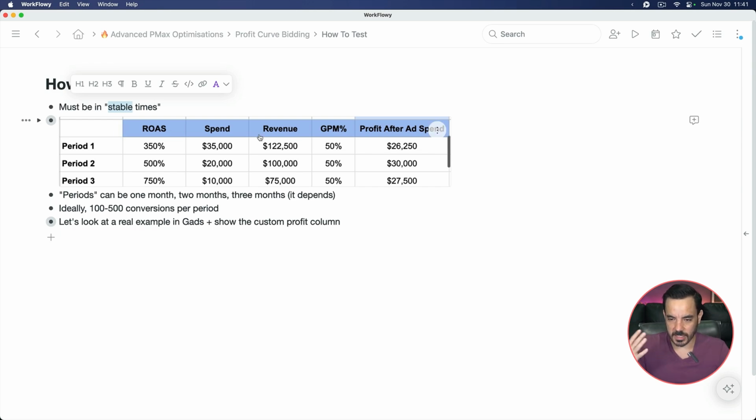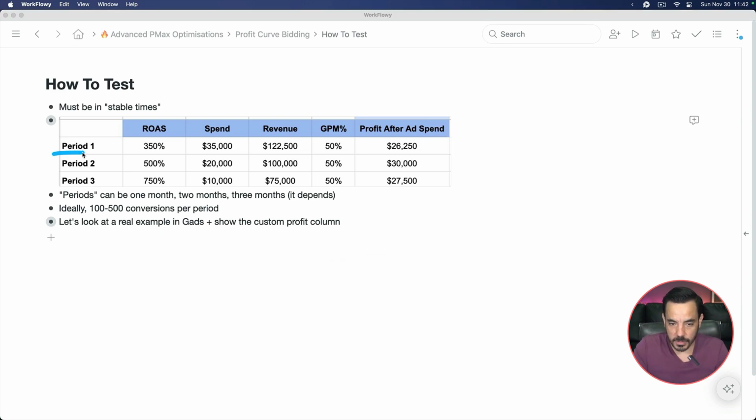I mean, this testing has to be done in months or a quarter where your results are going to be fairly consistent. Like, you wouldn't want to do this in Q4 if you're like a lot of e-commerce businesses where you're going to expect a really big November, a really big December. Those are not normal times. You want to be testing this during months where you're expecting fairly consistent performance. And if you're a seasonal business, or if you've got a big sale going on, then that kind of invalidates your ability to test during that period. So pick some stable months, and then what you do is period 1,